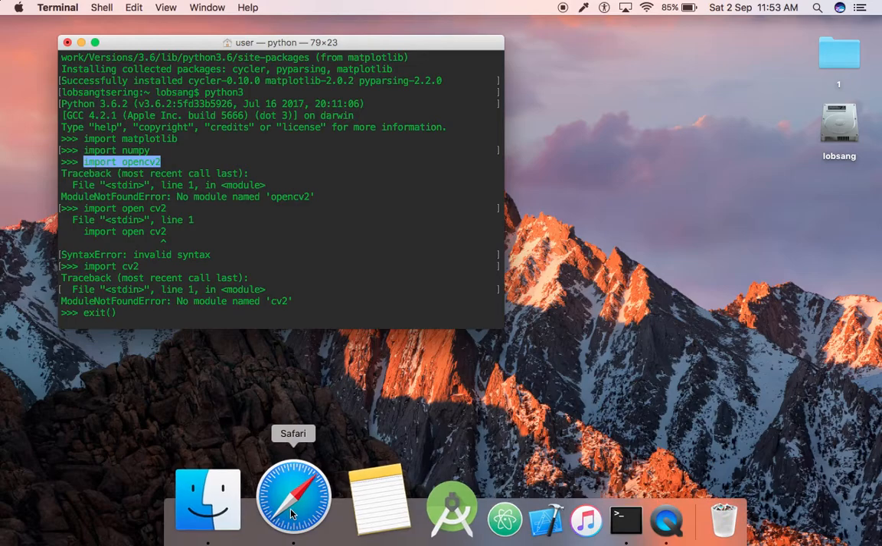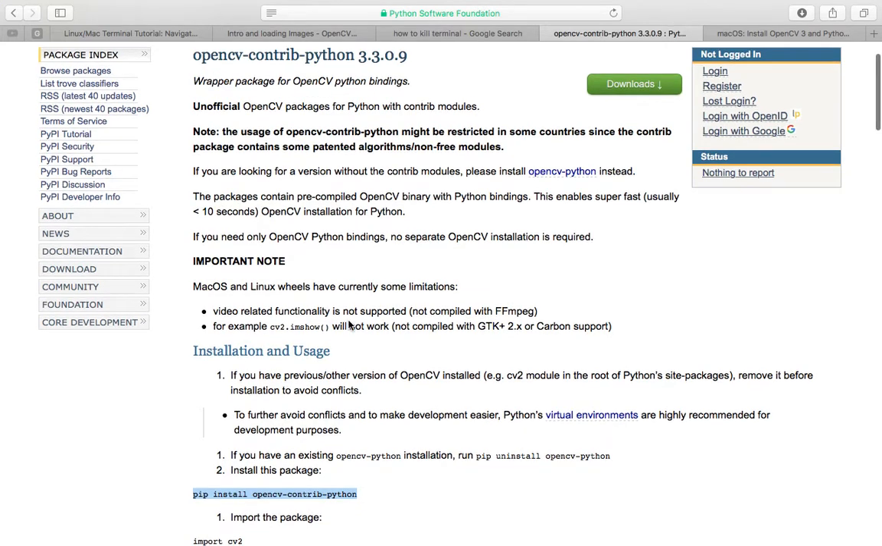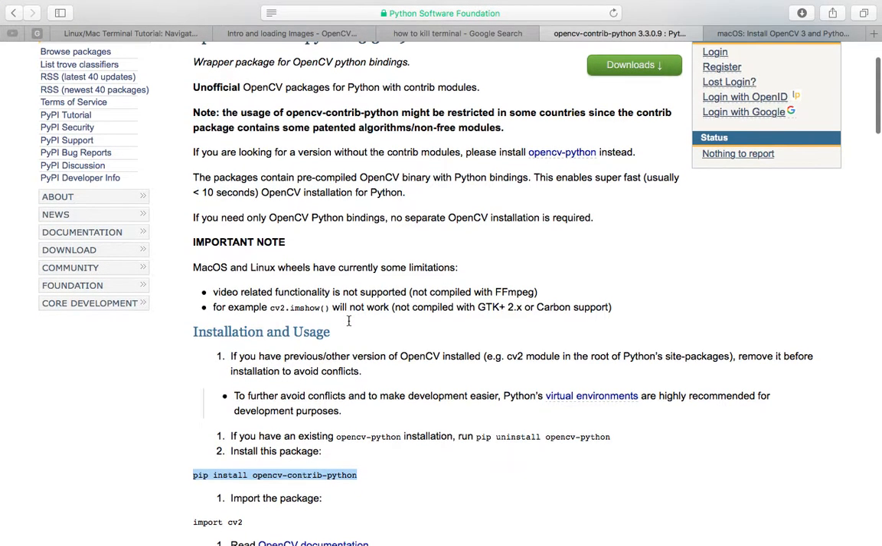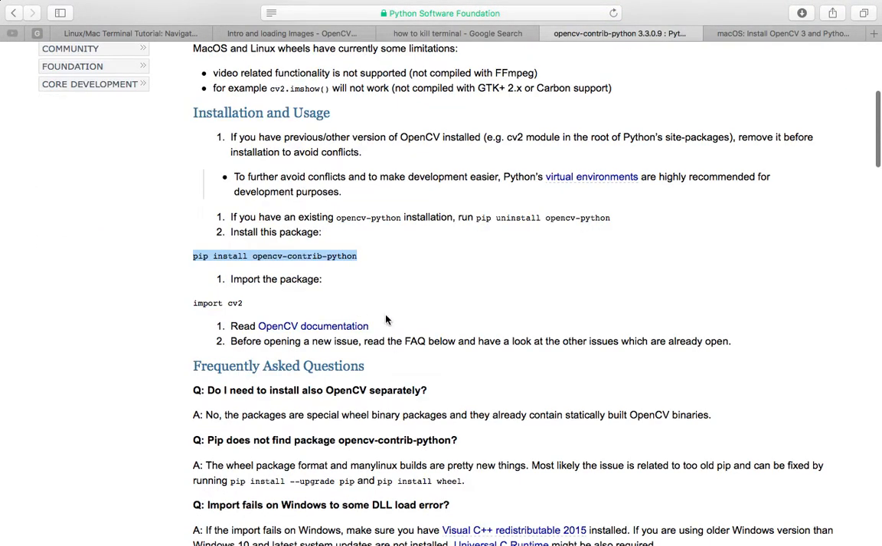So I went to the web, and I finally got this link where you can get the information on how to download or install OpenCV2 on your system. You have to use this terminal command, which is pip install opencv-python. This command is